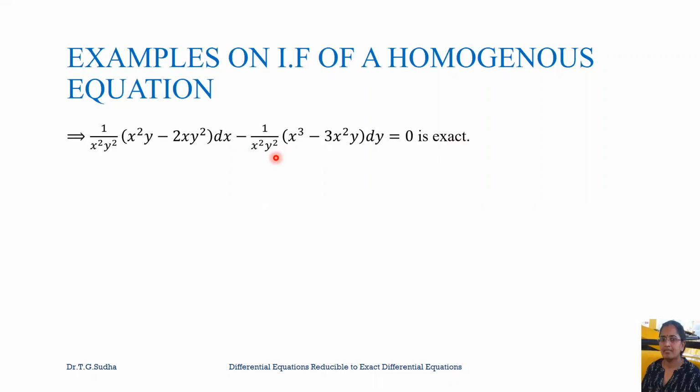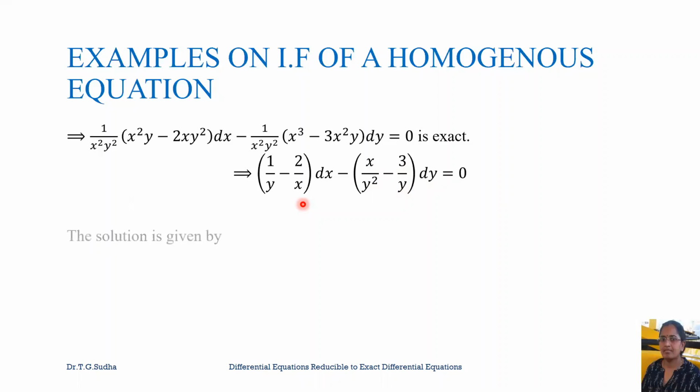So let us simplify this. When we multiply the terms here, we get (1/y − 2/x) dx minus (x/y² − 3/y) dy equal to 0. So this is an exact differential equation, and we know how to solve an exact differential equation, and the solution is given by